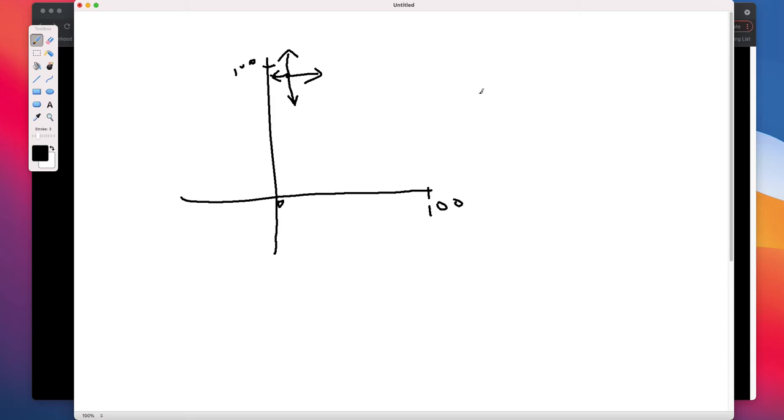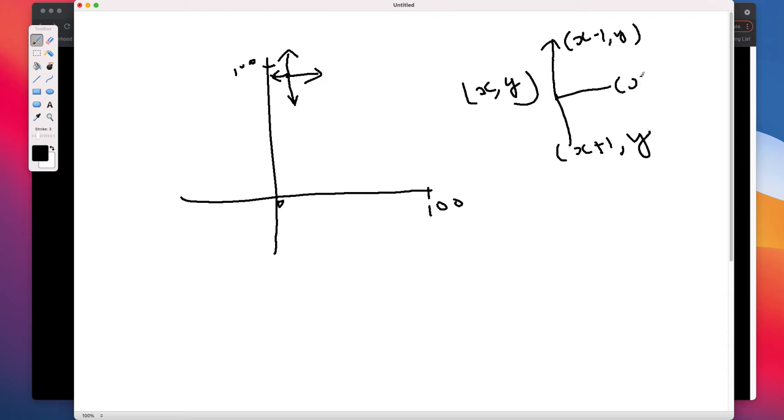So let's say if the player is on x comma y, from here the player can move up, which will be x minus 1 comma y, right? And in this case x plus 1 comma y, and in this case it will be x and then we'll have y plus 1.